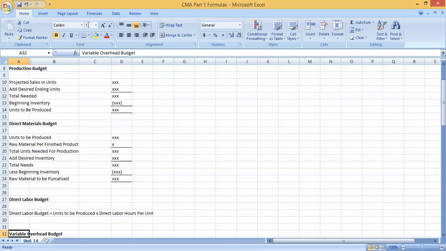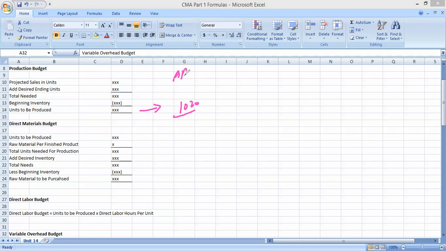After the production budget, we have the topic related to the direct material budget, because once you have prepared your production budget, you want to know how much raw material we need to buy to produce this quantity. Say when you calculated your production budget, you came to know that it is 1020. For the month of April, you have to produce 1020 units. Now you want to know how much material I should buy for these 1020 units. For this purpose, we prepare the direct materials budget.